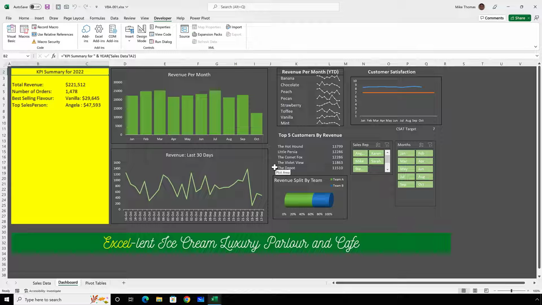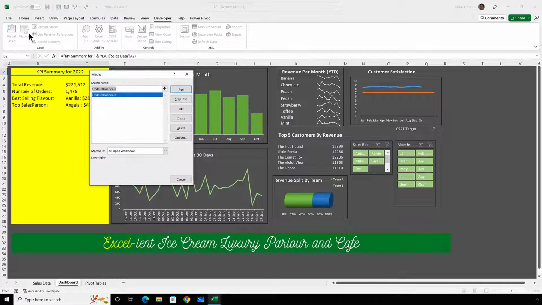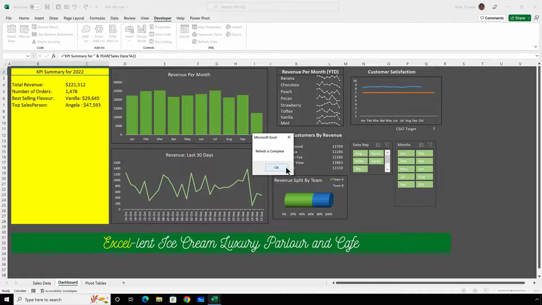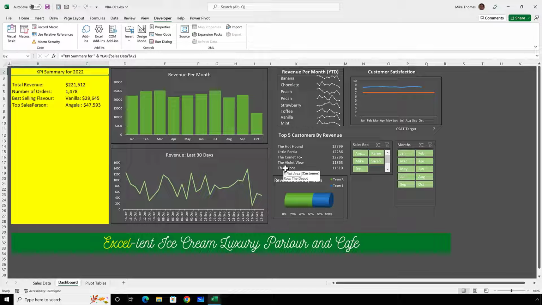But both of those two methods do take a couple of clicks. Even the Alt and F8, you still then have to select the macro. And what happens if the user selects the wrong one? And then they click Run, something disastrous could happen. So instead of that, I'm going to create a button, put it onto the spreadsheet, and connect the button to